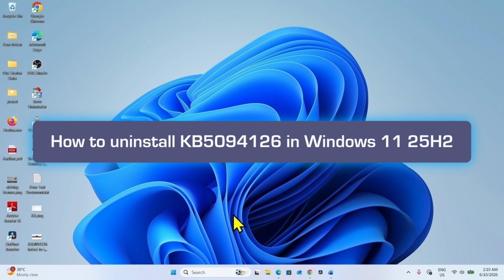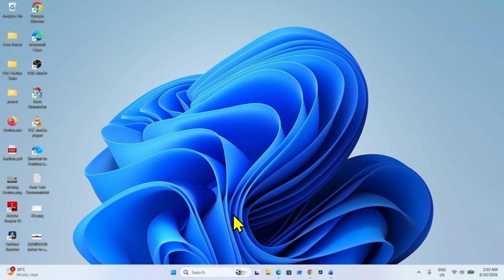How to uninstall KB5094126 in Windows 11 25H2 or 24H2. Hello friends, installing security updates is one of the best practices, but in case you encounter any problem, you can